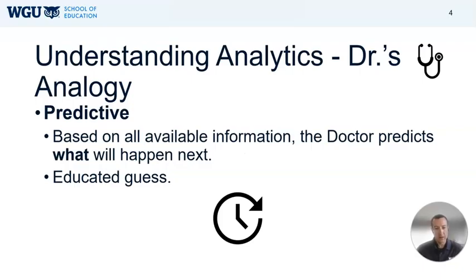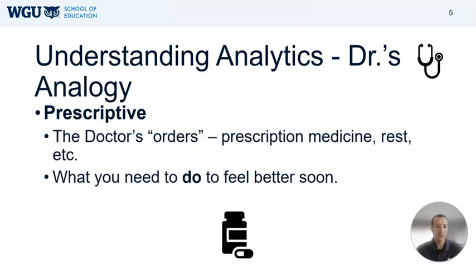Once we've diagnosed that, we can then make a prediction, which is essentially a forecast or an educated guess about what's going to happen next. When we use these predictive analytics and we make this prediction or this forecast, we're trying to look forward into the future with what we think is likely to happen or occur. So we don't know for sure that this is going to happen, but this is what we think will happen next.